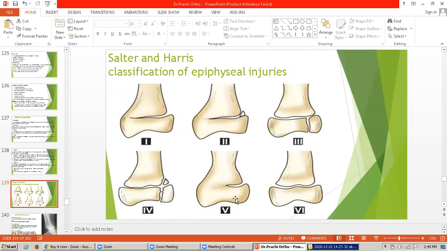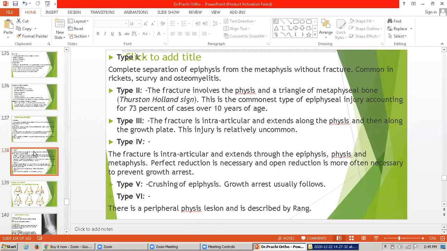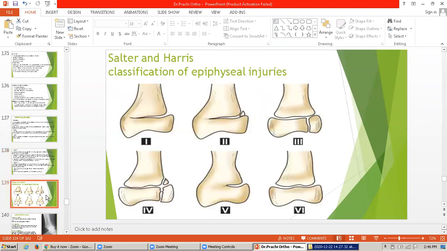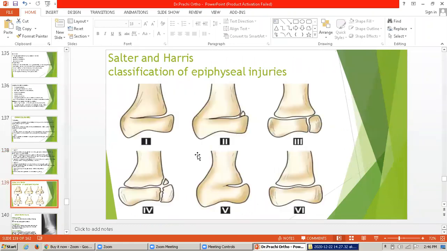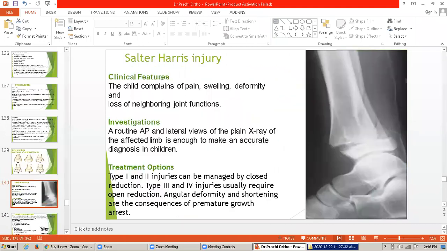This is the fifth, in which there is crushing of the epiphysis and growth arrest usually follows. So there is the crushing of the epiphysis. And sixth, a peripheral physis lesion is described here. That is the sixth type of the classification of epiphyseal injury. Then Salter and Harris injury shows that